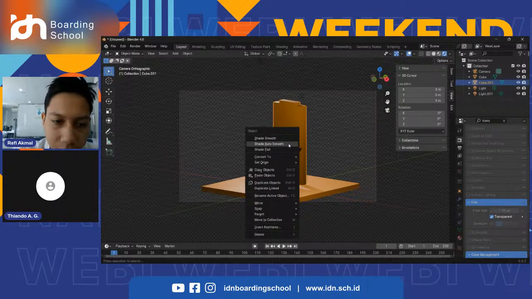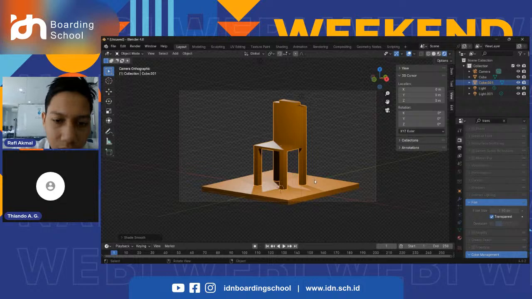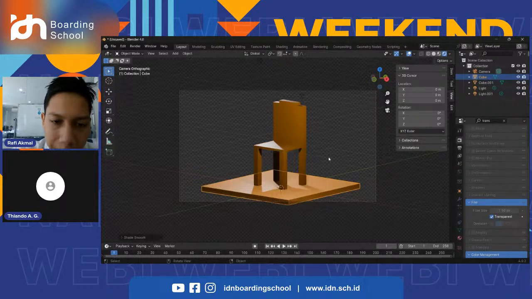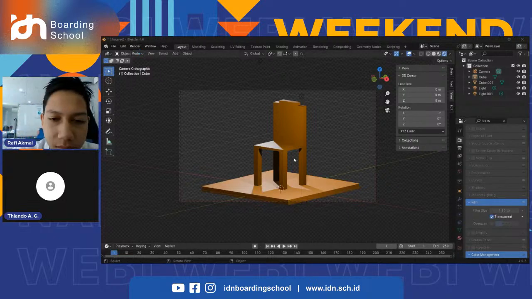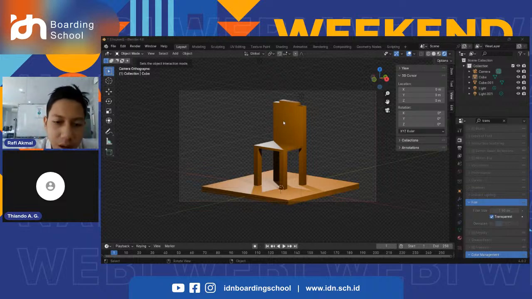Then I'm gonna auto smooth again. Okay, and then I'm gonna render the image again. And now we have the transparent background. I'm just gonna need to save it as